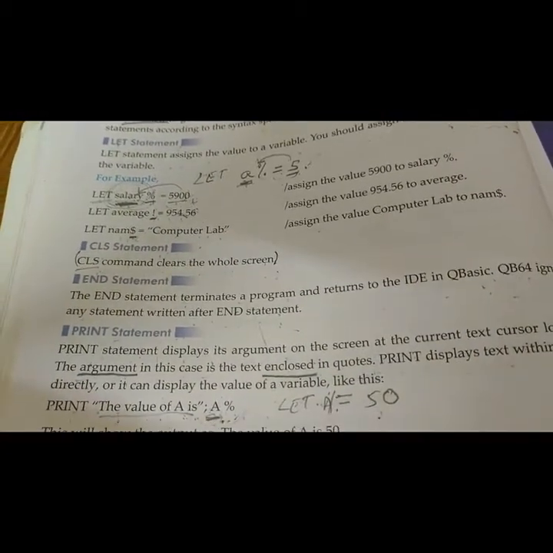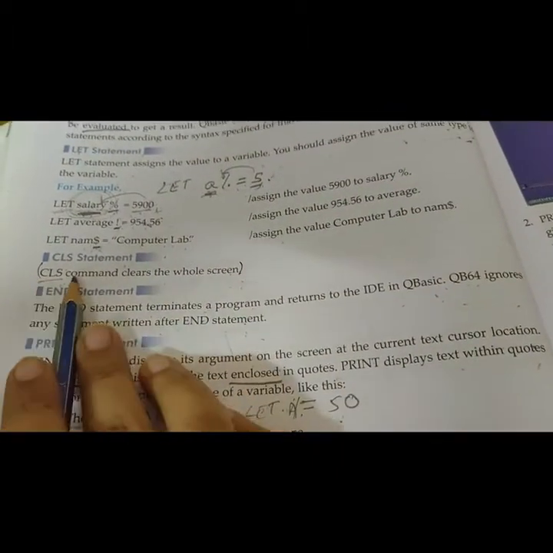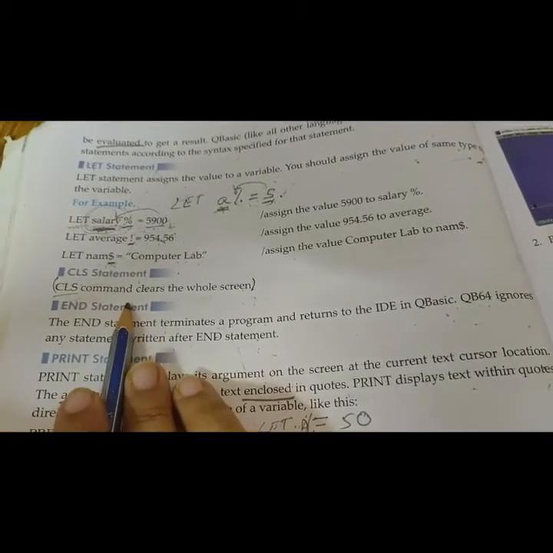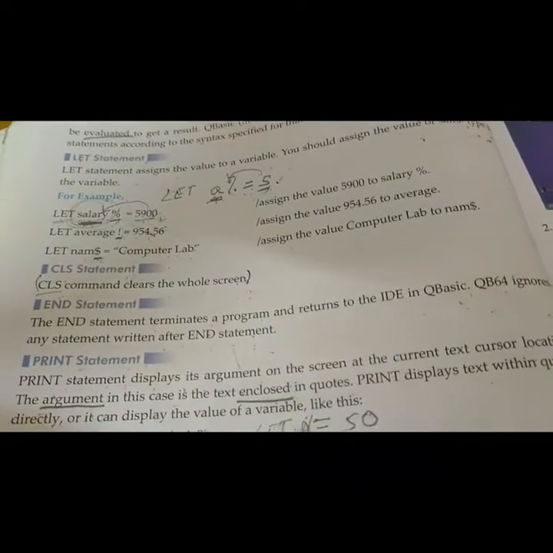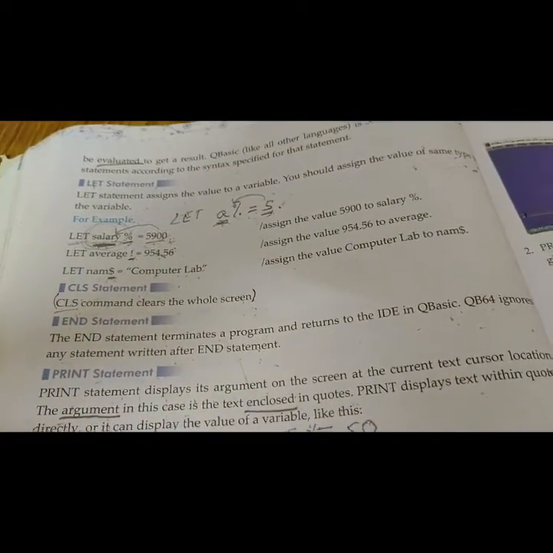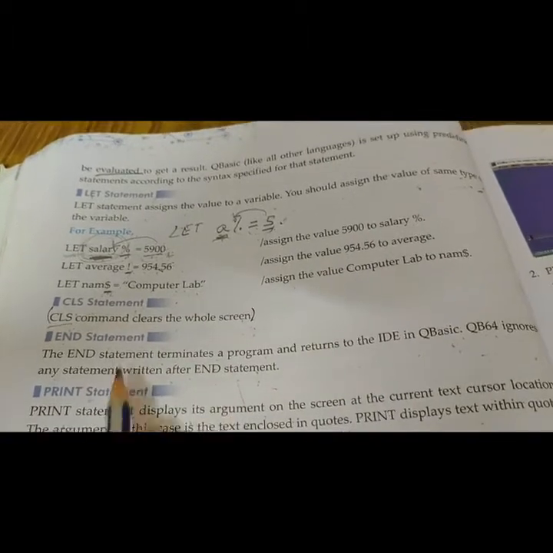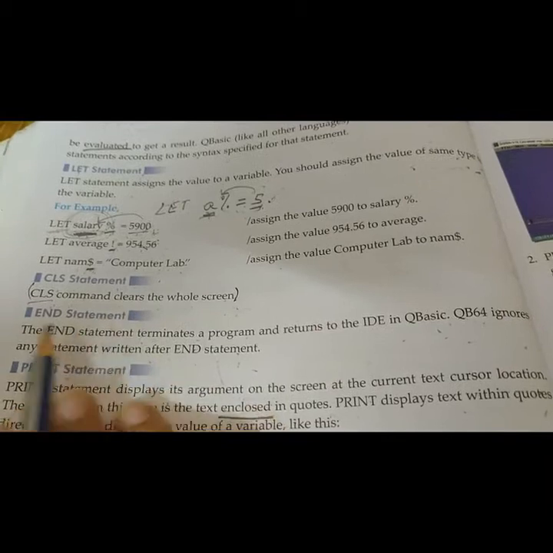Remember that, students. The IDE screen will never be cleaned with this command. This command is used to clean the output screen. If you want to clear the previous result, then you have to use a CLS command.